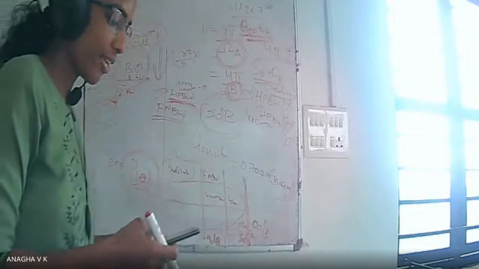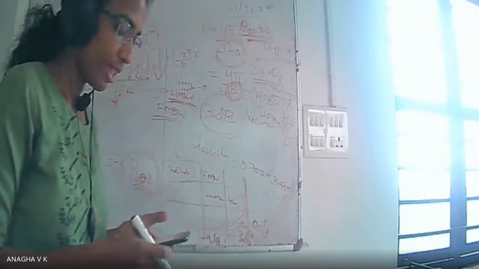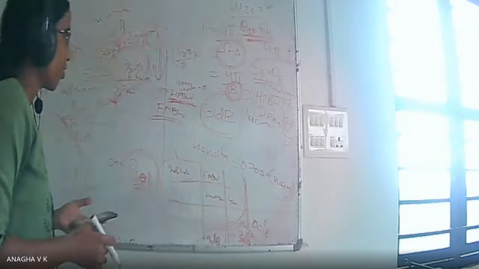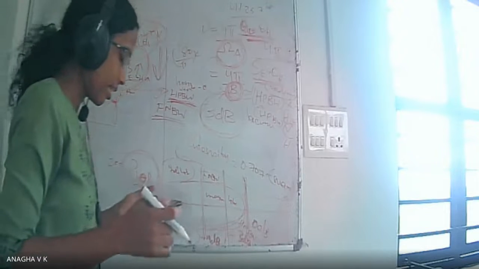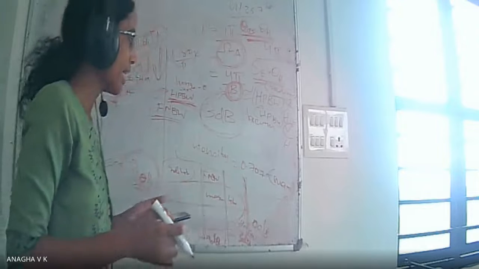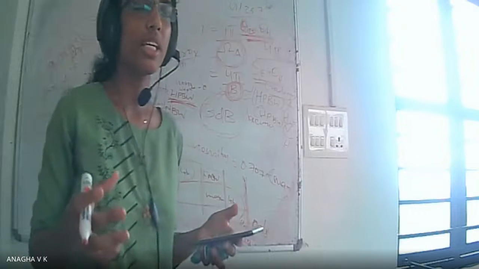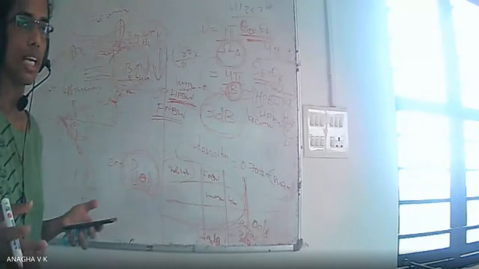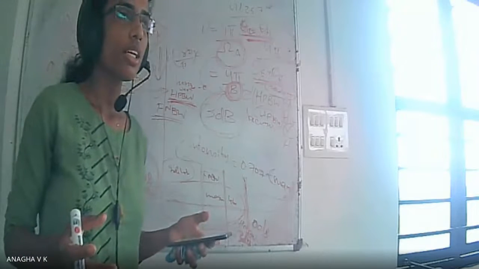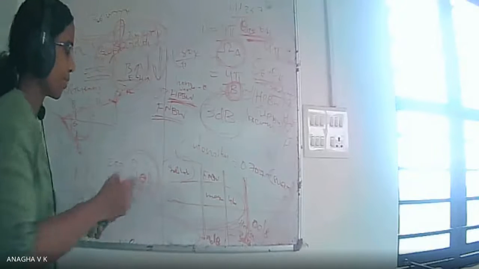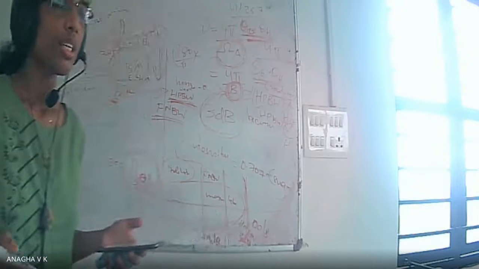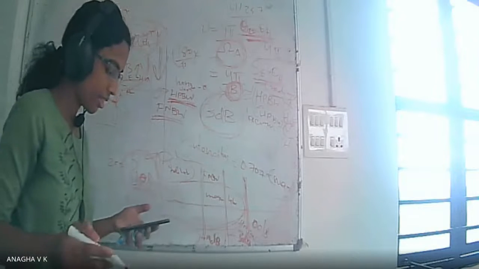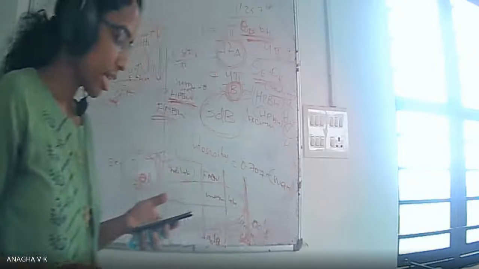Basically, we were discussing the directivity of the short dipole and half wave dipole. Yesterday I told you directivity is a measure of the radiation pattern itself. The radiation pattern is a graphical representation of the radiation properties of an antenna. Directivity is one such important radiation property. So from the radiation pattern itself, we can measure the directivity.